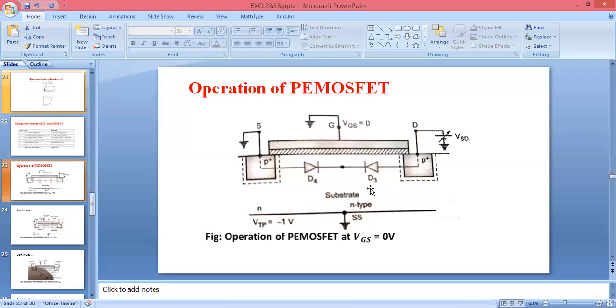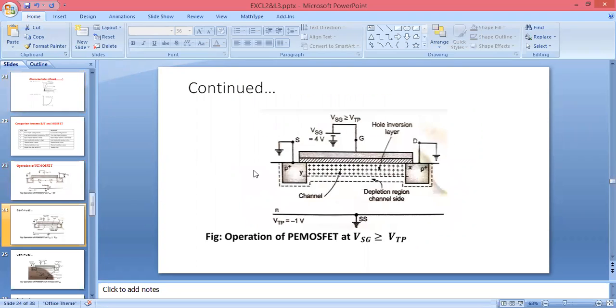If in the start you are not giving any VGS, you are giving 0 volt, what will happen? Current will not flow. And when you start to give VSG, or minus VGS, because we are talking here about the P channel enhancement MOSFET,